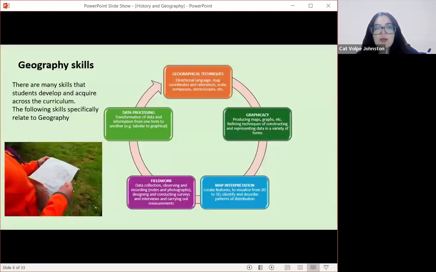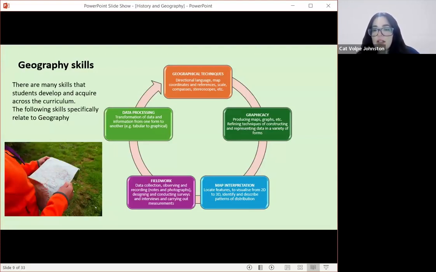Geographical skills are very important in teaching, remembering that it's not just the content that we're teaching students or the topics that I read out to you, but it's also the skills that students need to be learning. So there are many skills that students develop and acquire across the geography curriculum, and these are specific geographical skills here on your screen. So graphicacy, that's the skill of producing maps,